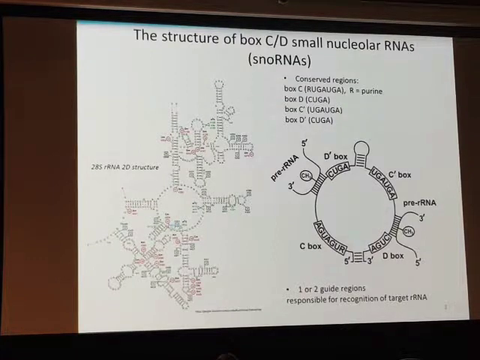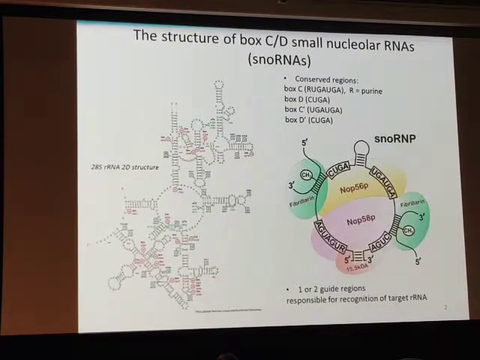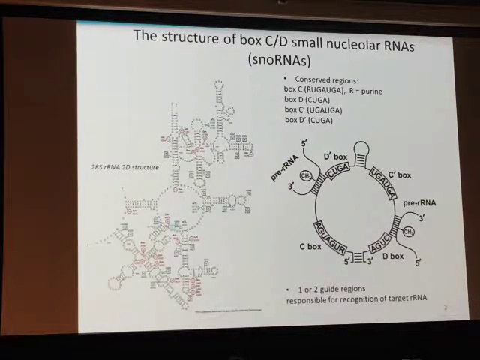These boxes are very crucial since they are conserved elements, and they are crucial for recruitment of snoRNA-associated proteins, which altogether form the so-called small nucleolar ribonucleoprotein complex, or snoRNP, which is a functional complex. There are also guide elements between the boxes C and D, which are complementary to the region within the target